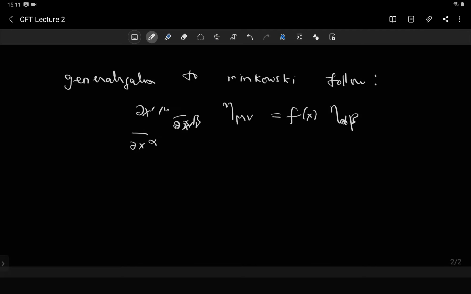So you can generalize it to g ab, and then you can see whether it can be generalized to g ab. That will be in an arbitrary metric. It will be g ab.